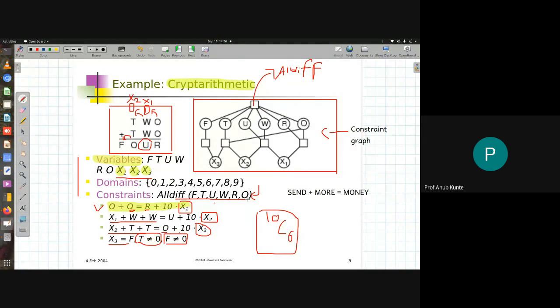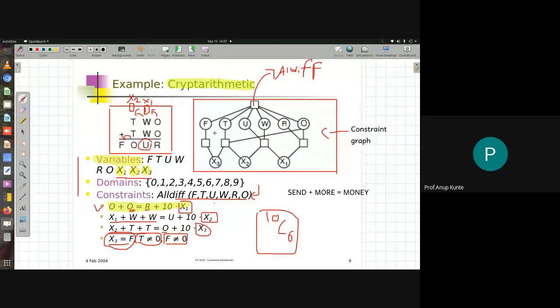Now, for all other constraints that we look at, there are 1, 2, 3, 4 in this graph, they will have certain variables taking part. So in this particular constraint, X3 and F are taking part. They naturally represent a binary constraint, because there are two variables taking part in stating the constraint. So X3 and F, which constraint is it? This one, X3 is equal to F.